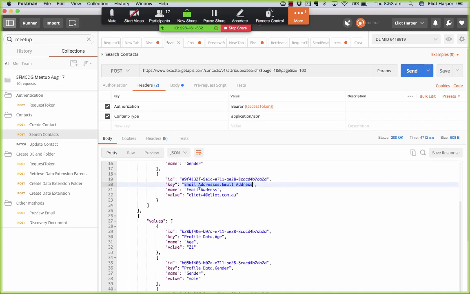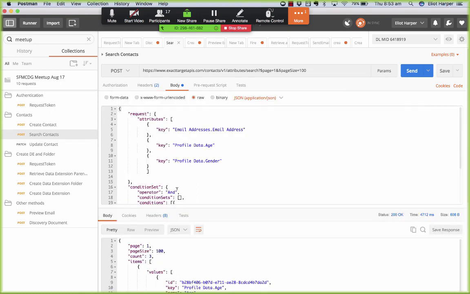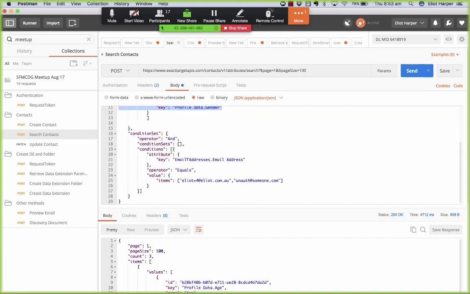And just like you have the simple filter and complex filter features in the SOAP API, you've got a similar condition set in the REST API, where I can search for email addresses equals this array here. So I'm searching for a couple of email addresses here. I click send,